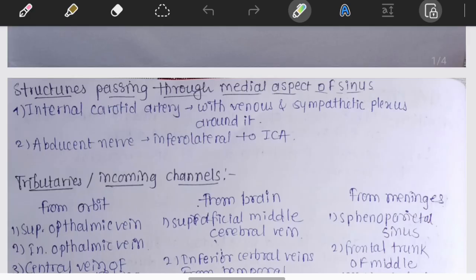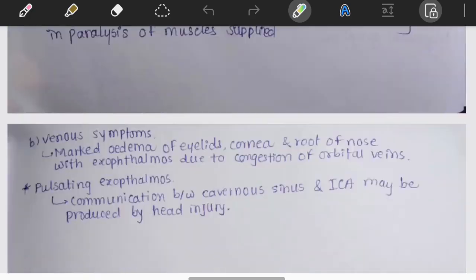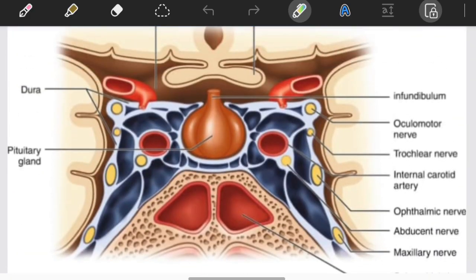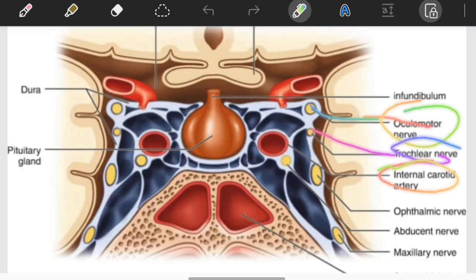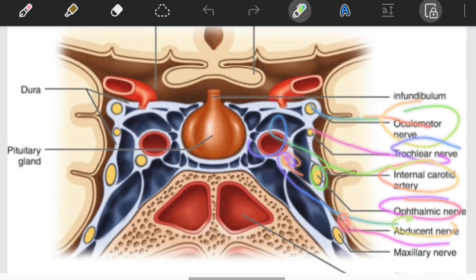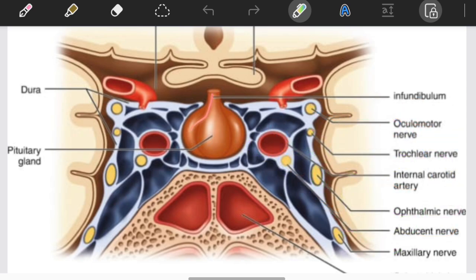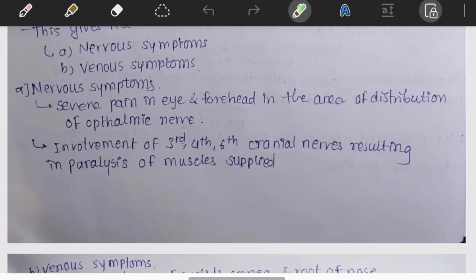Here we will see in the diagram. These are the oculomotor nerve, trochlear nerve, internal carotid artery is here, ophthalmic nerve and abducent nerve. Here is ophthalmic, here is abducent, and it is the maxillary nerve. We have seen here, it is the pituitary gland. Let's see about the next part,